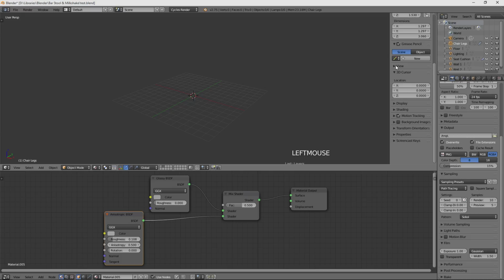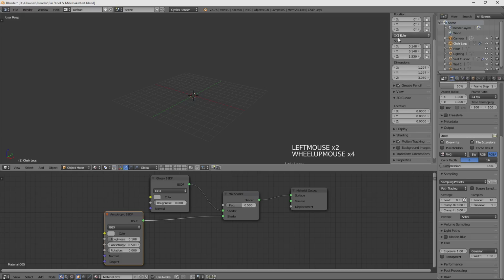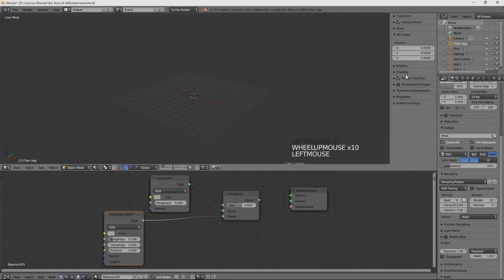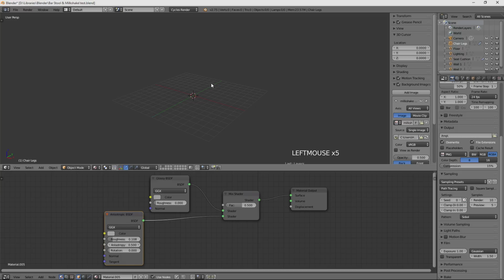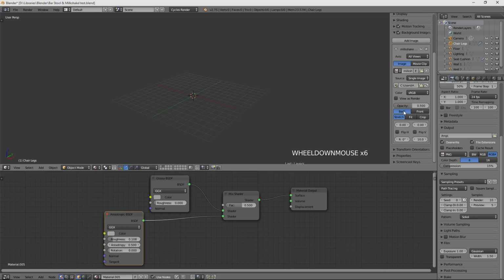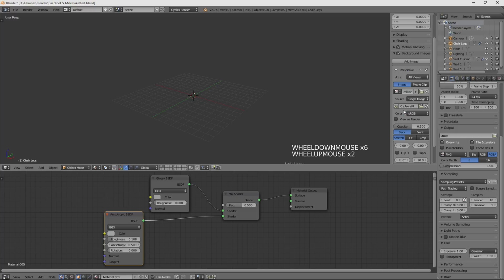And the way I'll do that is, let me just collapse some of these that we're not going to be using. There is a menu called background images, and we're going to open that and we're going to click add image, and you can see some options. We're just going to open the file, which is in my downloads, and it's called milkshake glass. Great, so we've opened it and we can't see it, and that's normal.